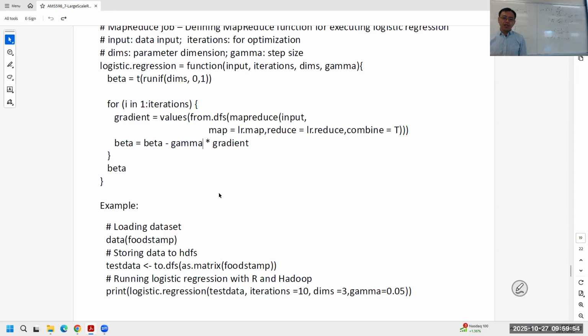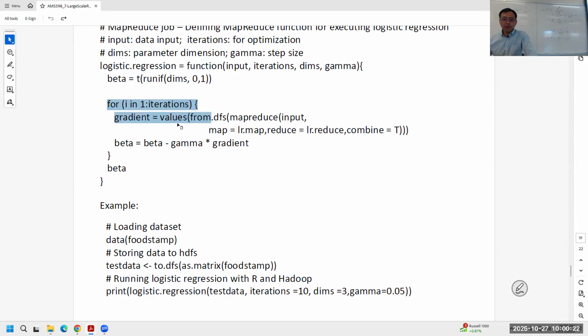But let's just leave it for now. Let's just assume we are using a fixed gamma. We're going to come back to talk about this gamma a little bit. This is actually not that straightforward. But the core of the algorithm, you can see, is just one iteration,